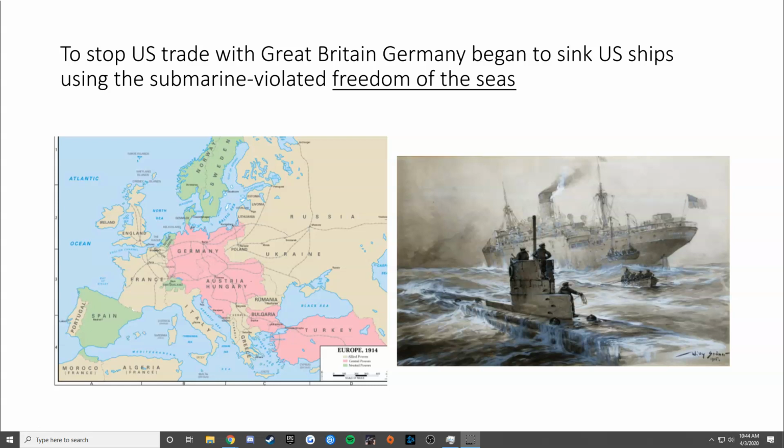So this unrestricted submarine warfare, where German subs could just sink an American ship because it was traveling to Britain, becomes a huge deal in the United States because American sailors are being killed and American trade is being disrupted. But the Germans are just trying to protect themselves. So although we're claiming neutrality, we're not really being neutral, because we can only trade with Britain and France. As a result, the Germans believe they have to do something, and that's why they begin to use submarines. So if there's one thing you can remember about this, it is that the submarine issue is one of the main reasons for American involvement in the war in Europe.